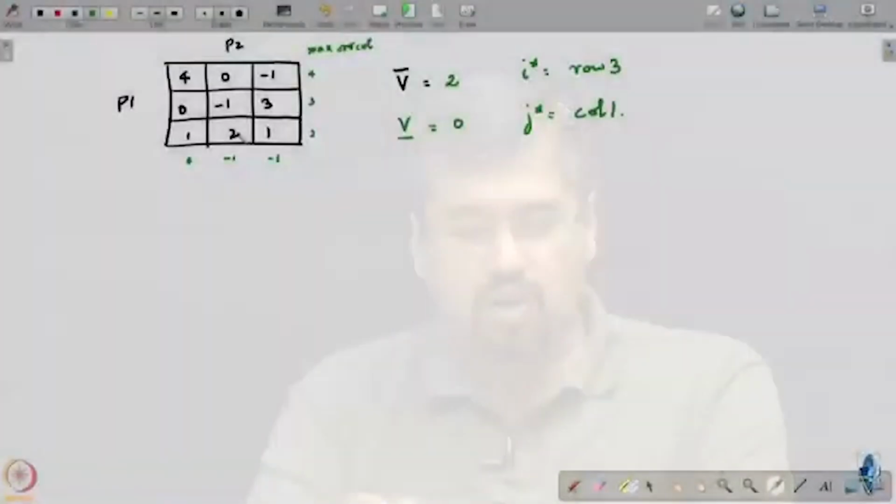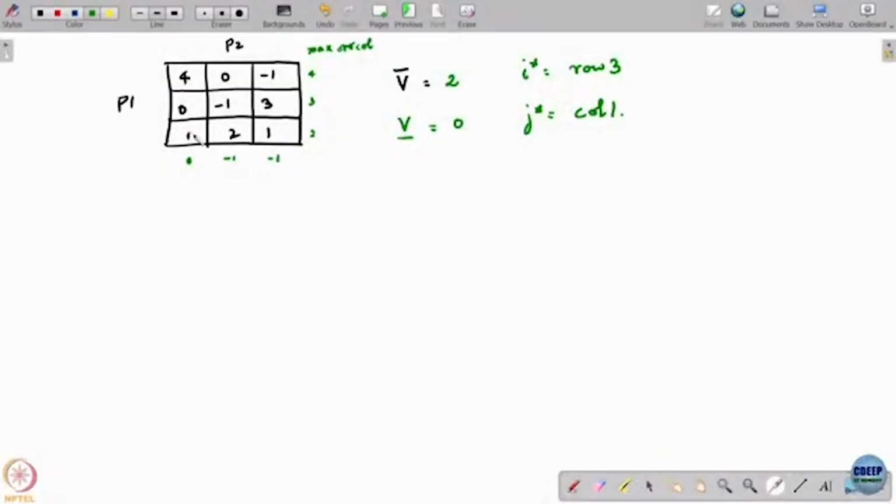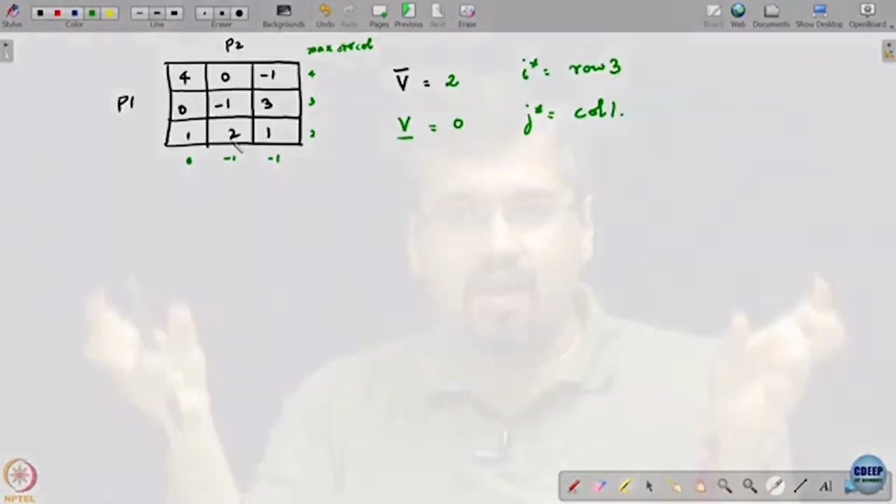Player 2 would have played row 2. Player 1 would have played row 2, not row 3, right? Likewise, if player 1 is playing row I star, which is row 3, the column player could not have played column 1, he would have played column 2, right? So in other words, if you think of this as an I star J star comprising of security strategies,